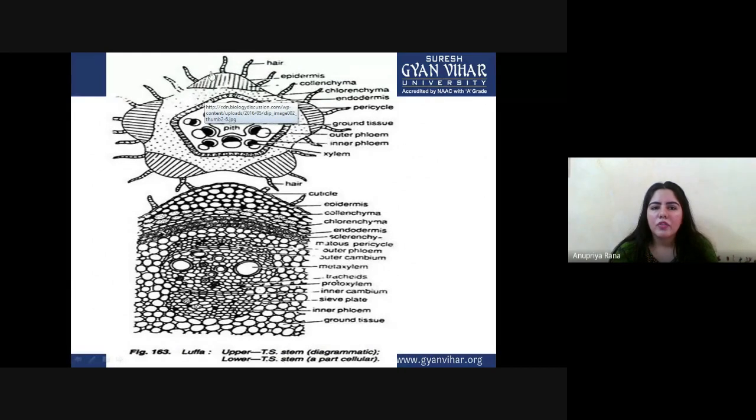These are called the ridges, the above one. This one is called a furrow. The ridges are the raised parts and the depressions are known as the furrows. In this line diagram you are seeing here, the collenchyma is present at this place. At the furrow region there are very few and often no collenchyma tissue present as hypodermis. So most of the hypodermal cells are present in the ridges region.